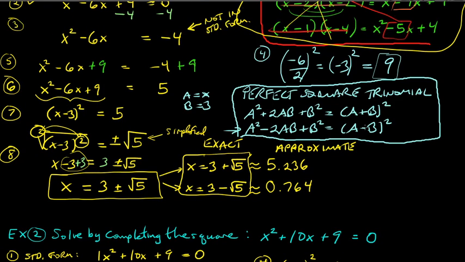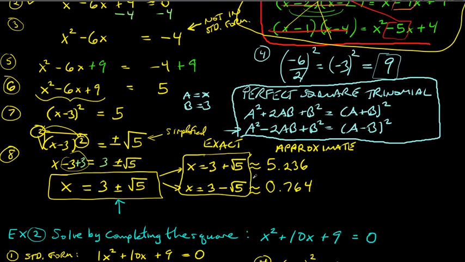Why didn't we have to do that here? Why did I say in this problem that you can leave it like this? Well, because these are two different numbers, right? The 3 is a rational number, the square root of 5 is irrational, and they don't mix. They just don't mix, right? So even if you split them up, you have to leave it as 3 plus the square root of 5 and 3 minus the square root of 5. You can't simplify that any further. You can approximate it. You can get the decimals like we did here, but there's no way to simplify these